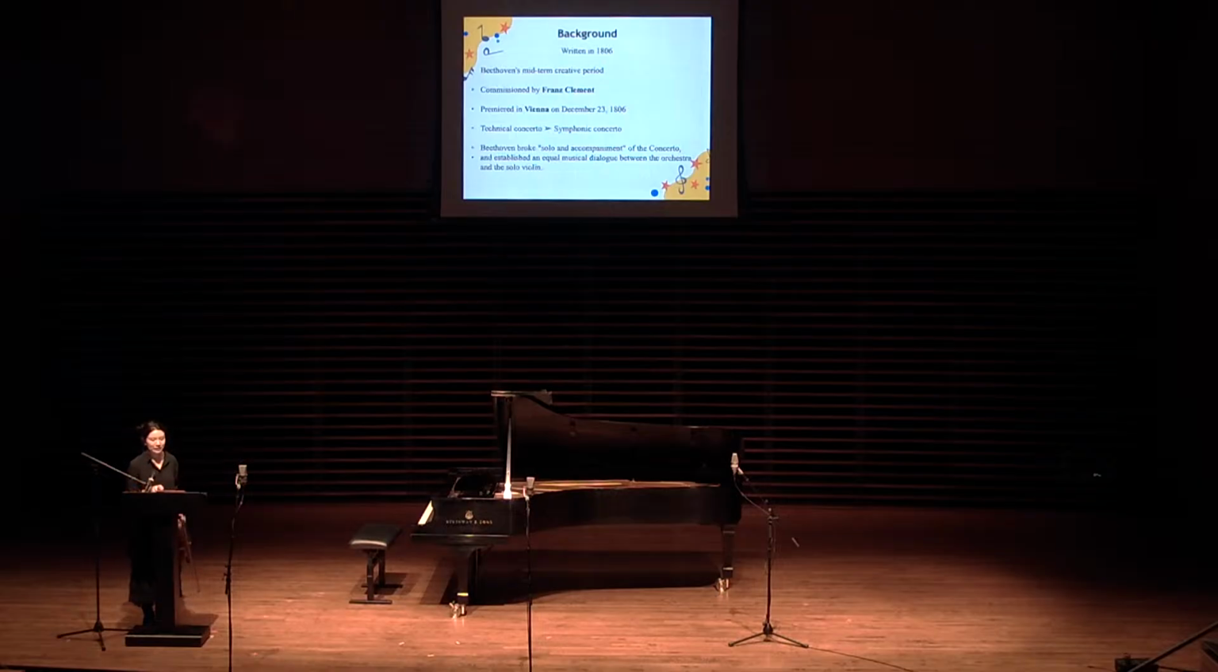Beethoven's Violin Concerto in D major, Opus 61, was written in 1806. This concerto was born in Beethoven's middle creative period. The characteristics of this period are to gradually break through the formal norms of the classical style and pursue greater structure and deeper emotional expression. This work was commissioned by Franz Clement, the concertmaster of the Vienna Philharmonic Orchestra, and premiered in Vienna